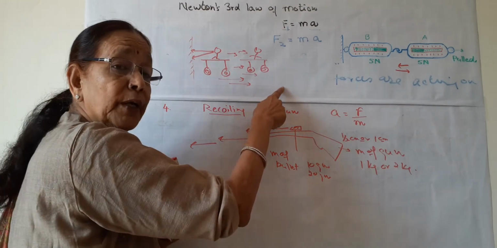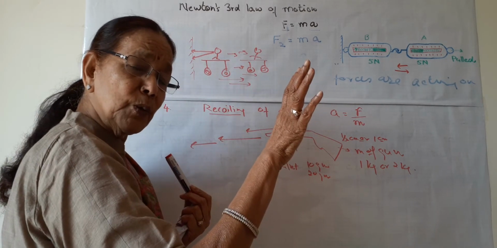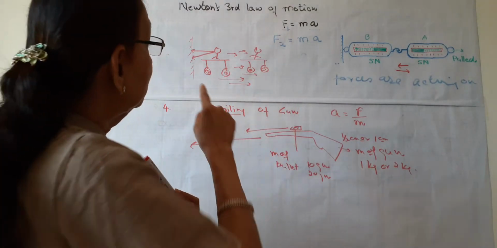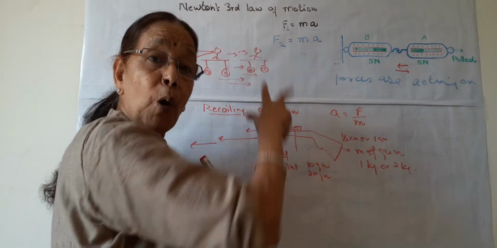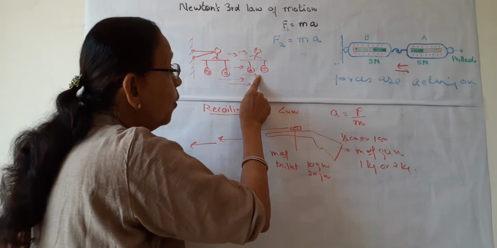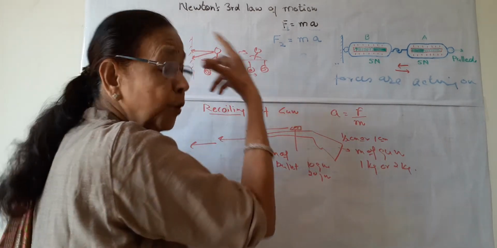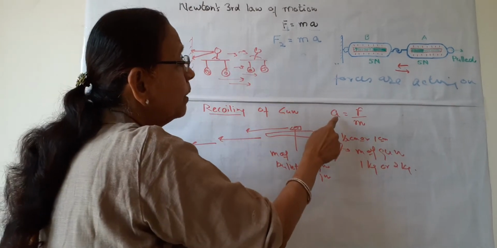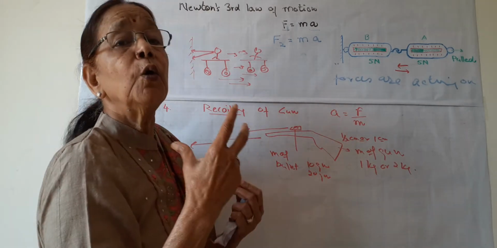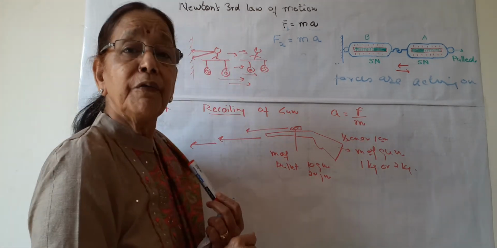But the boy is moving. The acceleration is in the boy, not in the wall. Is the wall also moving with the boy? No. Though the force is equal, the wall is not moving. Only the boy is moving. Why? The same principle. Acceleration is more in the boy as the mass of the boy is very less. There is no acceleration in the wall, because the mass of the wall is very high and it has no acceleration with this meager force of pushing by the boy.